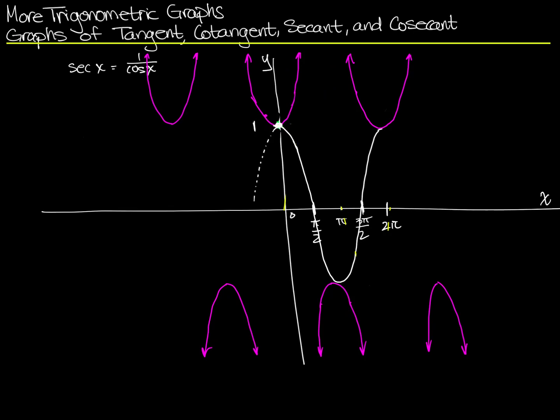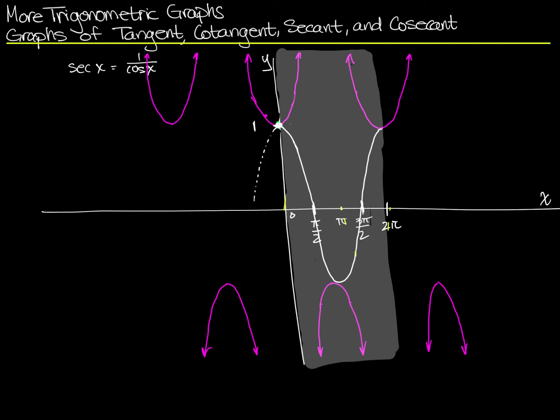All right, let's get rid of all the extraneous stuff, and let's just take a look then at secant, the graph of secant. Now, there are more of these loops over here and down here. They go on forever. But again, my period is 2 pi, and it doesn't matter whether I start at 0, 1 or at negative pi over 2, well, basically infinity. It's going to take me a distance or a window of 2 pi in the x direction to get back